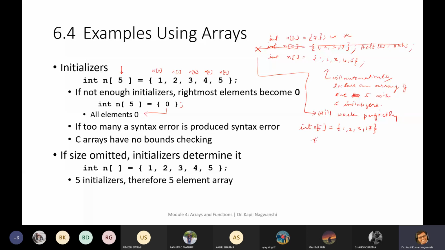Then it is interpreted as n0 equals 1, n1 equals 2, n2 equals 3, n3 equals 17, and n4 equals 0.